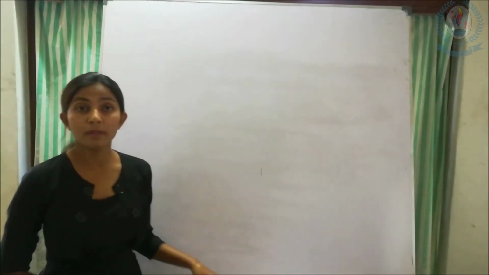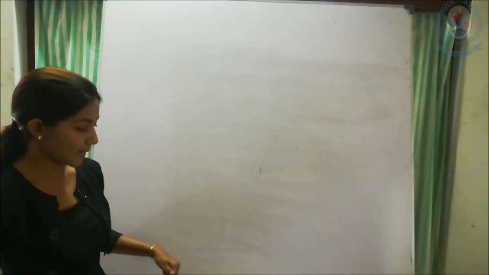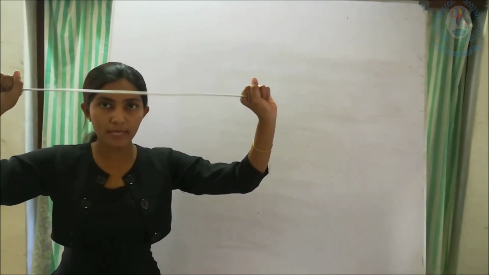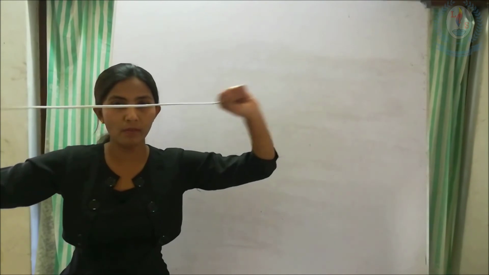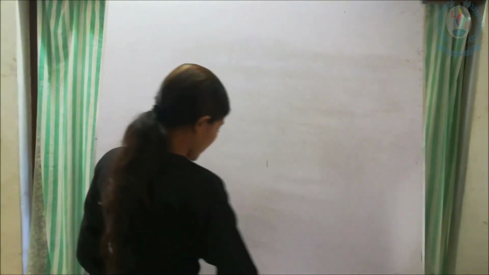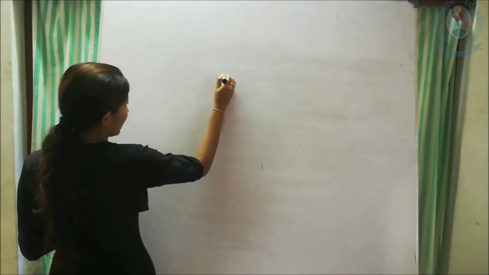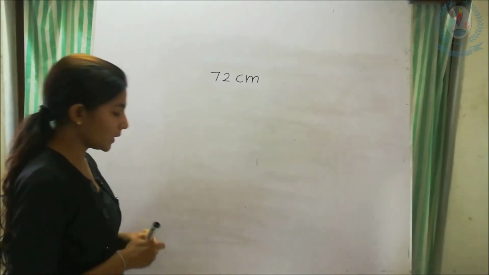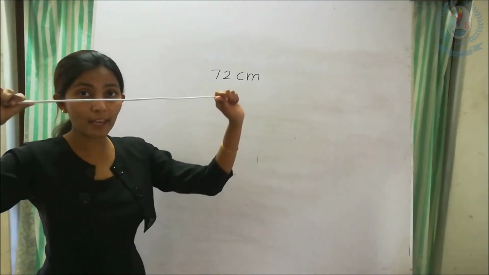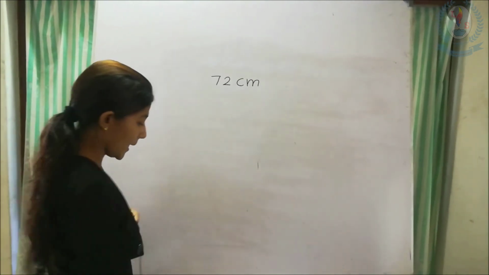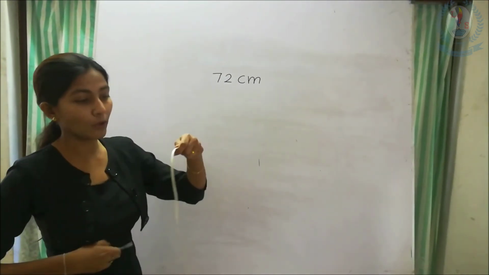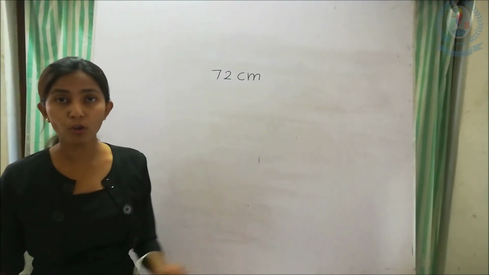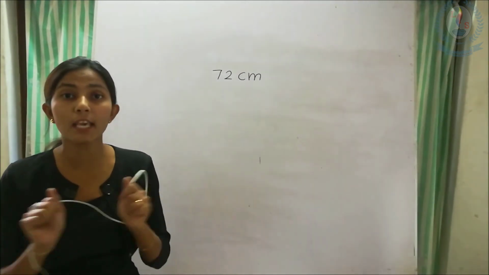We will learn now the dividing of length, right? I have a wire. This wire is 72 centimeters long. Can you see? I have a wire, right? This wire is 72 centimeters long. We will think, right? 72 centimeters long. I want to cut this wire into 8 parts. Think I want to cut it into 8. But after I cut, I want each part to be equal.